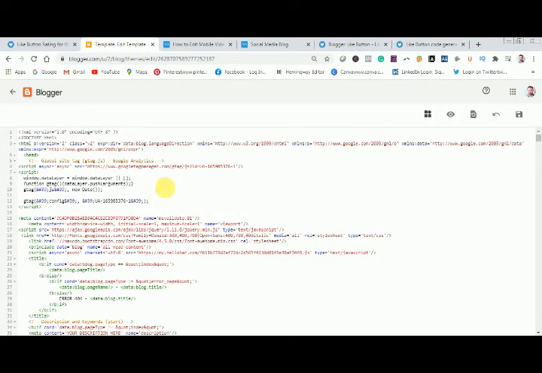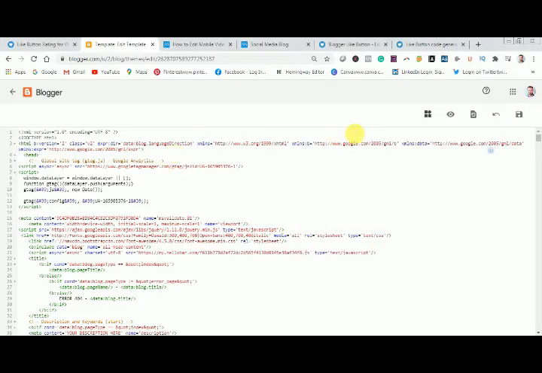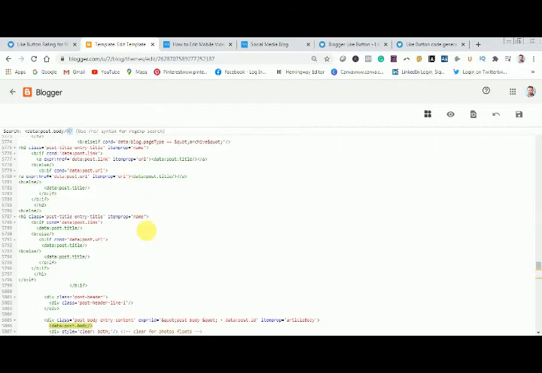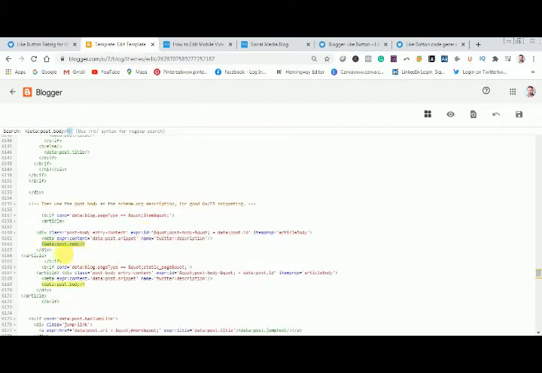Now here you have to search for this code. Click on this. Now press Ctrl F, and now you can paste the code here in this way, and now hit enter. Again hit enter. So as you can see, these are the two options that have been provided. Just below this you have to copy the code, that is the like button that will appear.